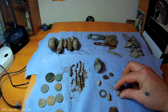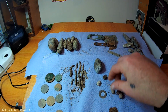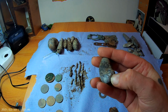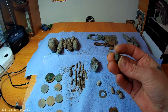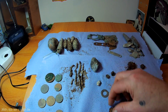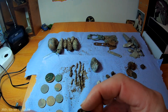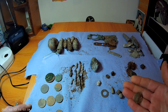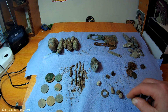I got myself a couple of musket balls, a bullet head as well. I found this thing. I don't know, it's stone, but there's some wire in there. So I'm going to break that up and then have a look to see what that is. A couple of the ends of bullet casings, a washer, some crusty old coins. I'm not sure what this is. I'm going to get that cleaned up. I know it is lead. It's quite heavy. It's got some sort of pattern on it here, so I'm going to clean that and have